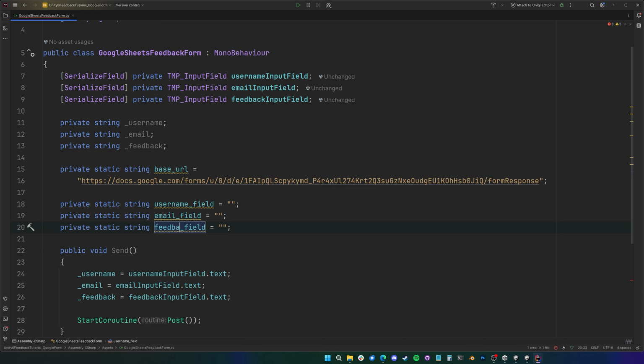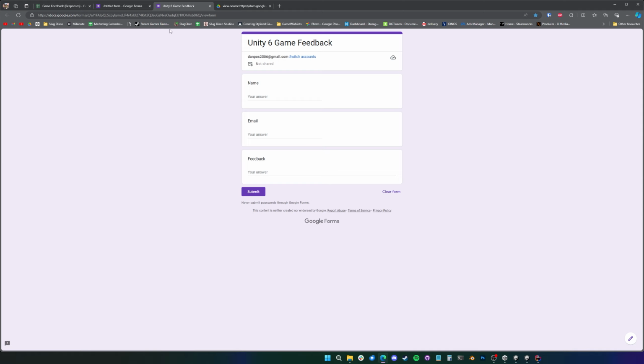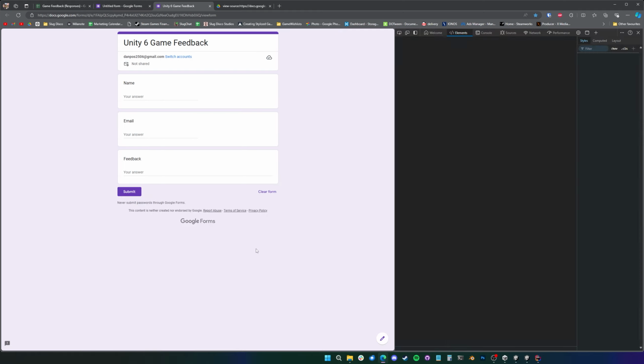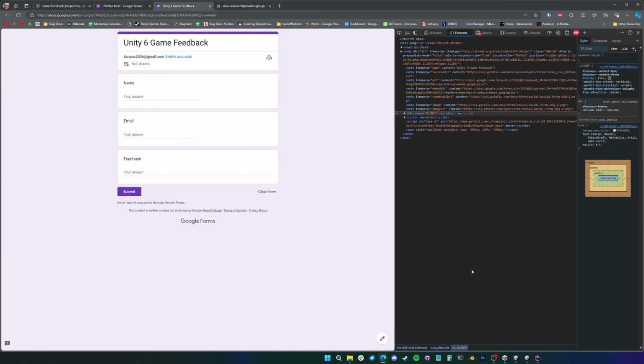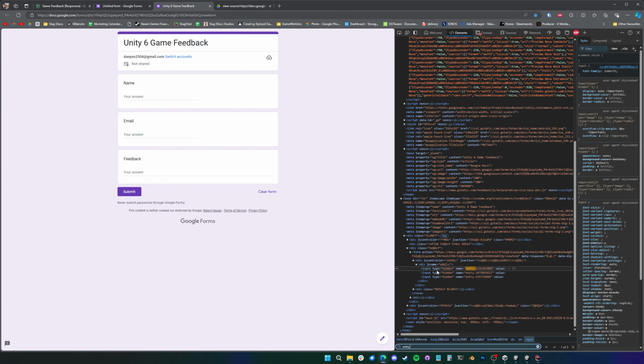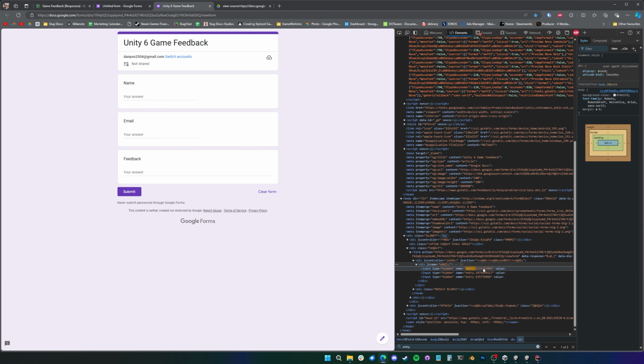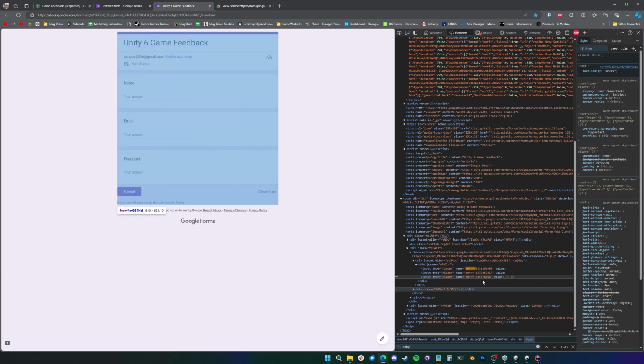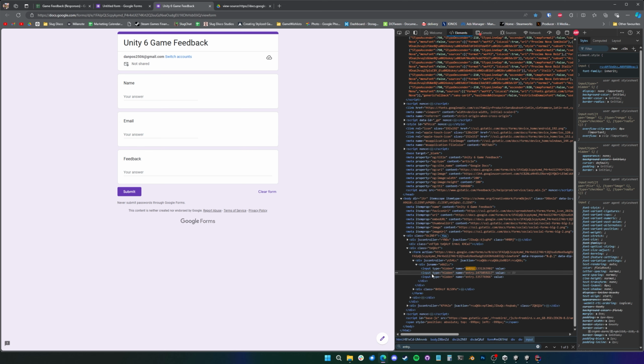So again, when we're viewing the form, if we right click and go to inspect, and this time we use this inspector here. If we press Control F and search for the word entry followed by a full stop, you'll see it opens up these input type, and it says hidden name entry underscore 1331 1475 blah blah. These entry names are in the order of our form here. So this top one is for our name entry field, this middle one is for email,